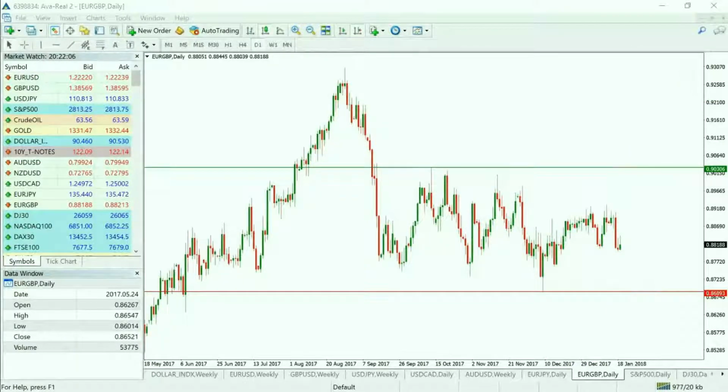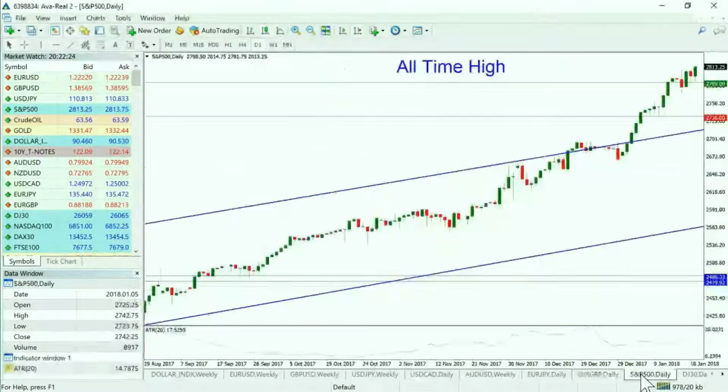We don't know which direction this market is going to move in. There's a lot of traders that trade inside this range. We're just not really that interested in doing that. Let the market determine what we do next. So just a little bit of patience required in the euro pound.